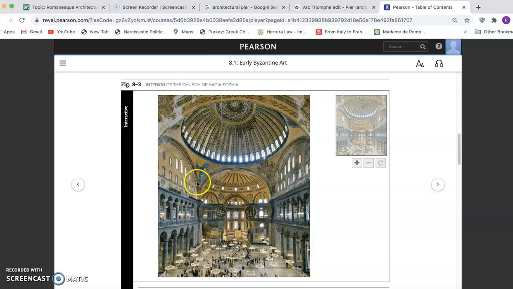And that's why, if you remember with Hagia Sophia, the pendentives here were such an innovation because they pour the weight directly into the piers so that the walls can be opened up with the arches and the columns, creating this openness, while the support of the dome is channeled directly into the piers. So a pier is based on the idea that a more massive solid is stronger in supporting weight than a narrower